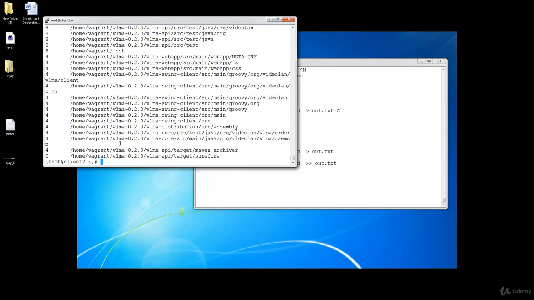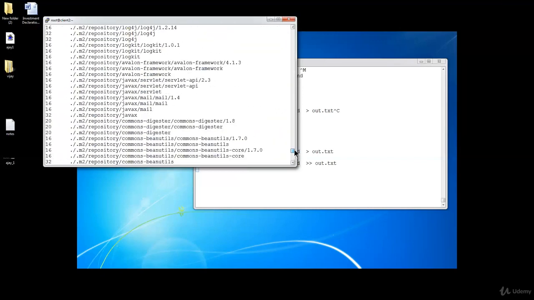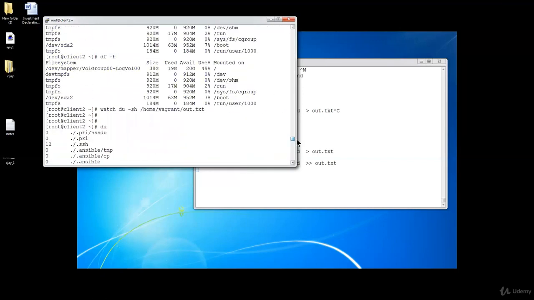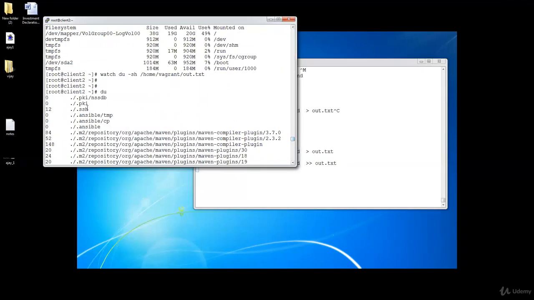Okay, so it will show us in descending order. See, we'll come down a little bit.